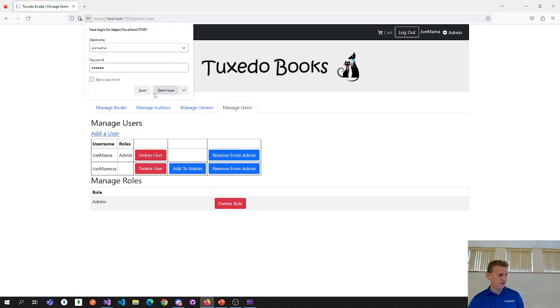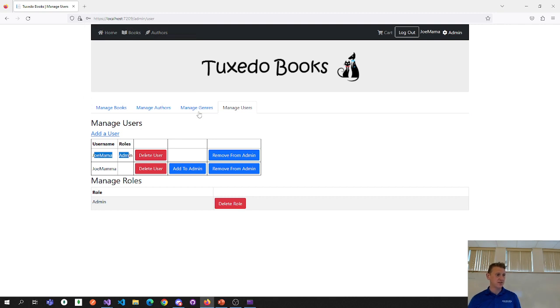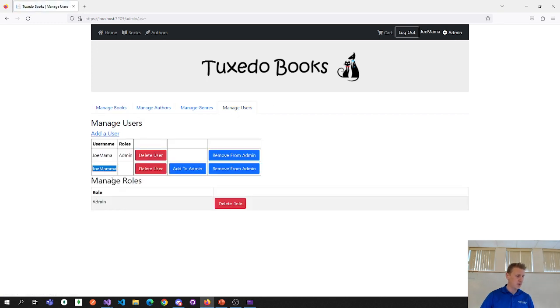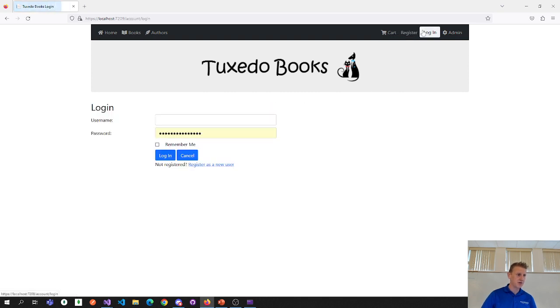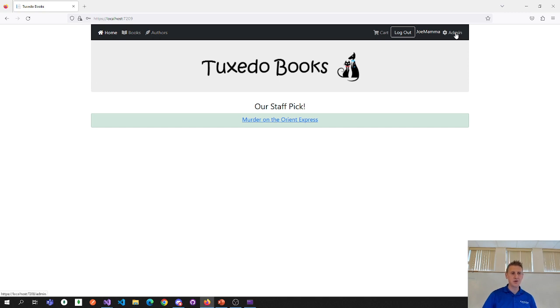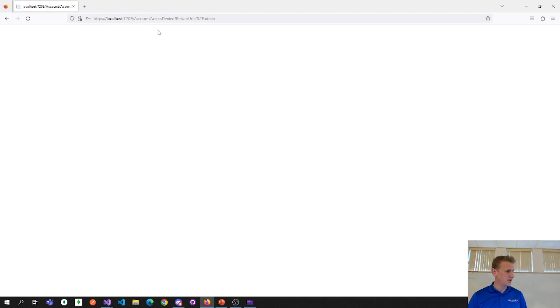So Joe Mama is in fact an admin. You can see I'm logged in as Joe admin, so I can get to these different manage controllers. But my other Joe Mama with another M is not admin. So if I log out and log back in as the other user, you don't even give them the nav bar at this point that says admin, but here you could see access denied. Now this is not the most user-friendly